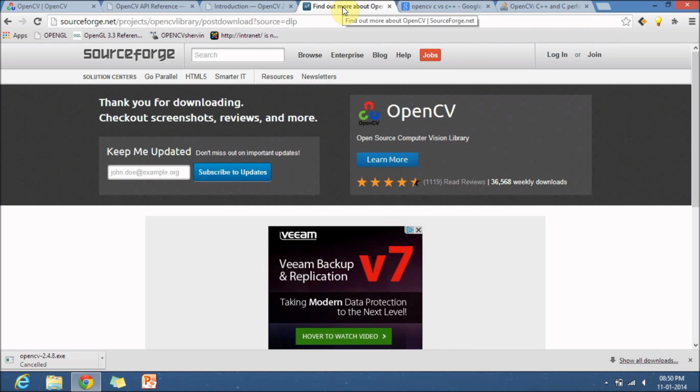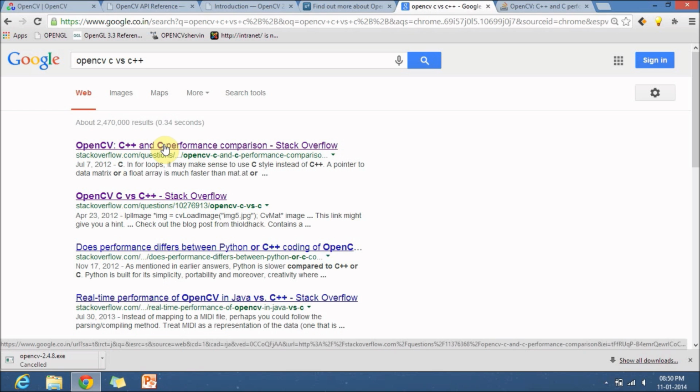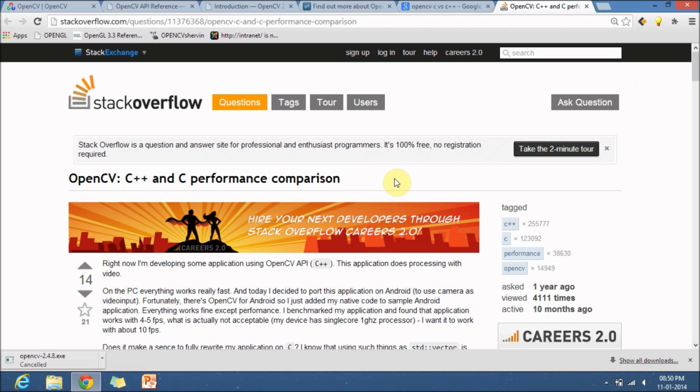As OpenCV has both C and C++ libraries, I wanted to see the performance of both, so I googled OpenCV C versus C++. When I click the first search result, it takes me to Stack Overflow.